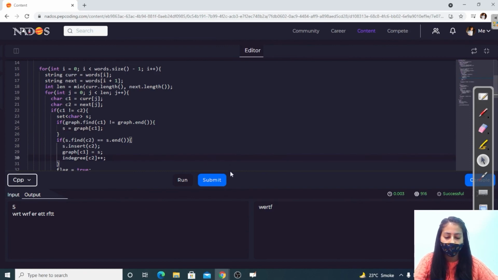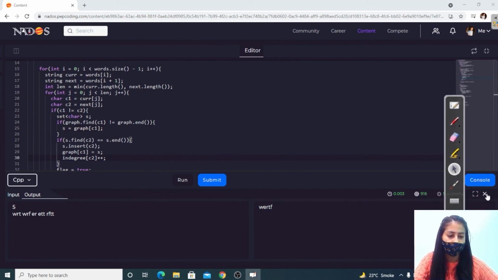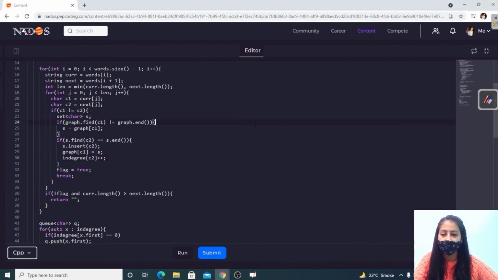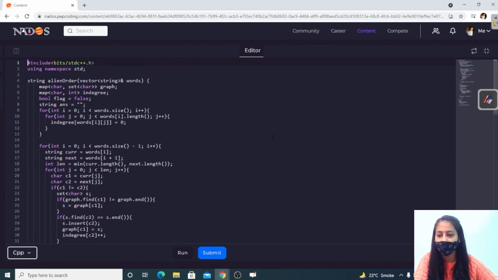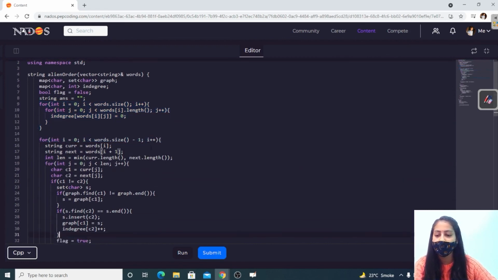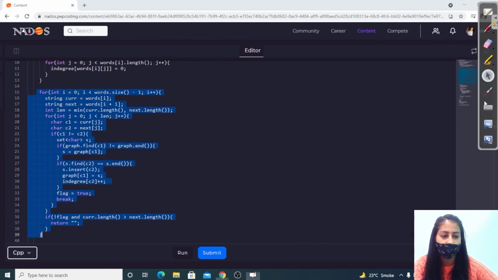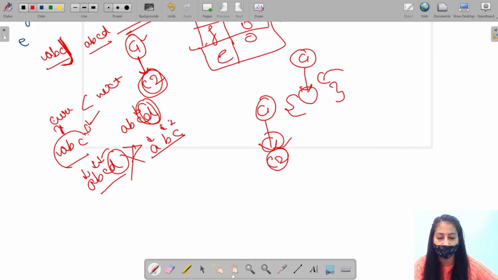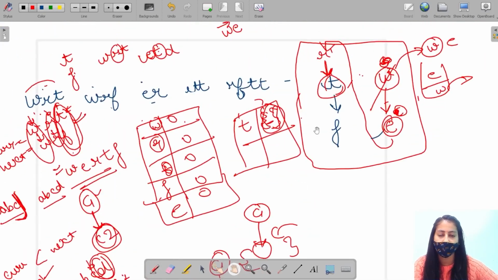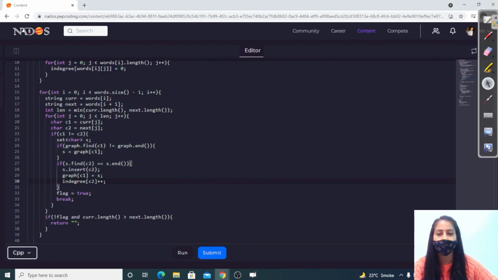So what are we doing? Firstly we are traversing the unique words and storing the unique characters in a map named in-degree, right? Next we are making the graph by using the map.